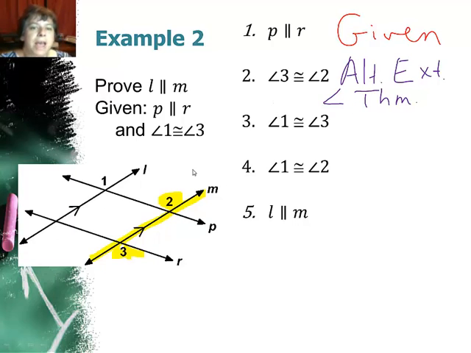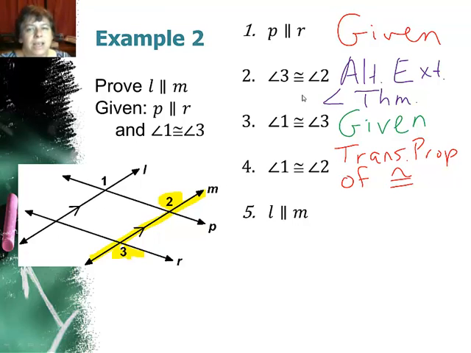Then the next thing I have is angle 1 is congruent to angle 3. Well, how do I know that? Well, it's in the given, so that's automatically assumed to be true. Can I assume then, if angle 1 and angle 3 are congruent, and angle 2 and angle 3 are congruent, doesn't that mean then that angle 1 and angle 2 have to be congruent? Yes. It's kind of a switching. You see how I replace? You could either call it substitution or the transitive property of congruence, and you can see that angle 1 is